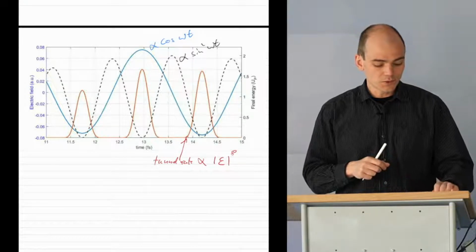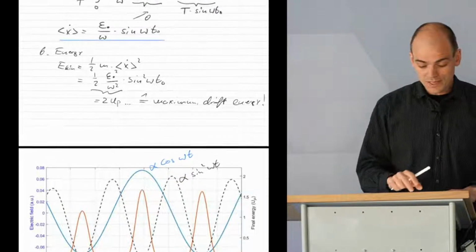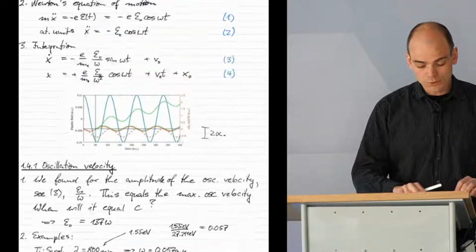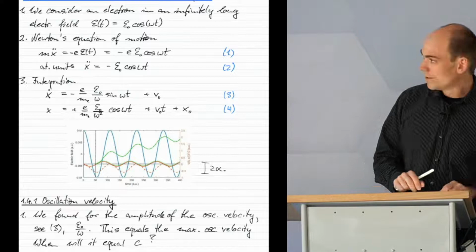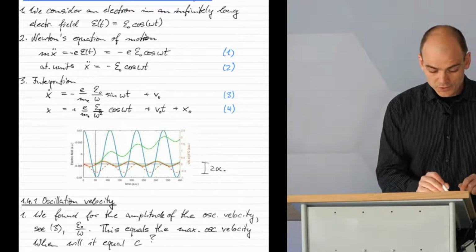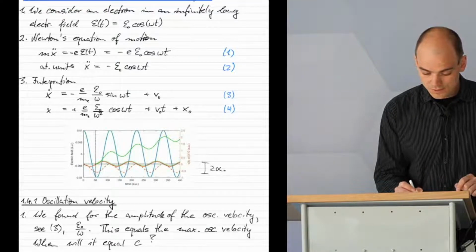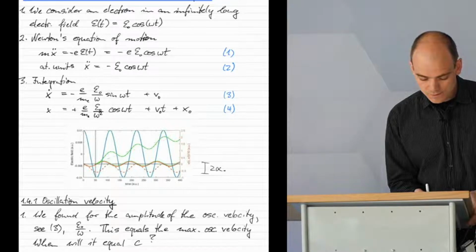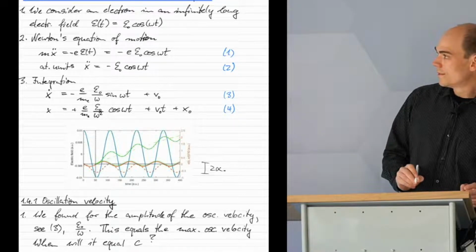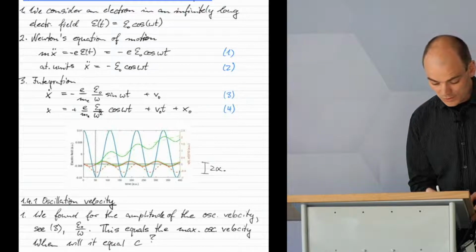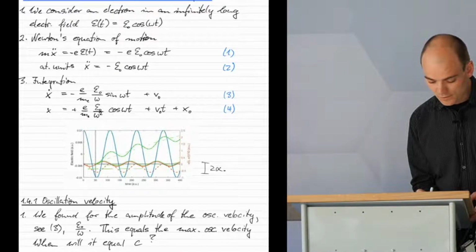So if I now scroll back to this plot of the trajectories that we calculated in chapter 1.4, this one here, then the drift velocity would be precisely this here. And in this case, the drift velocity would be 0. Ah, no, sorry, I should draw it here. This is the